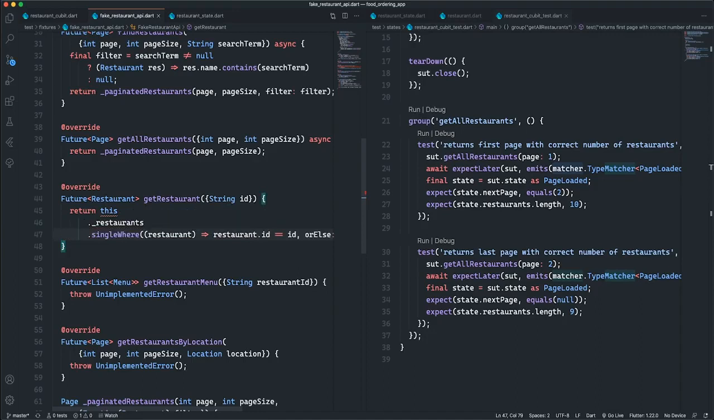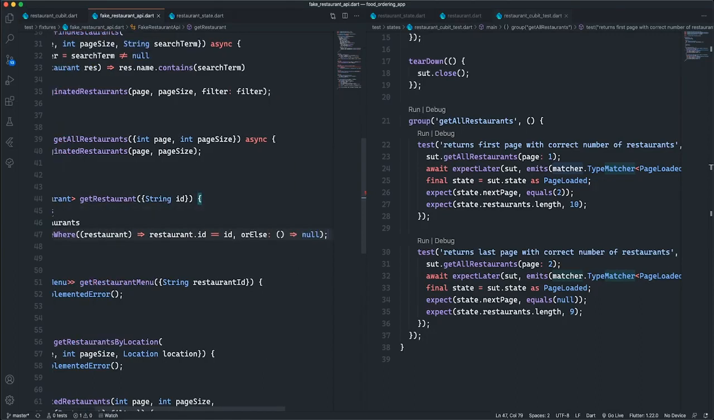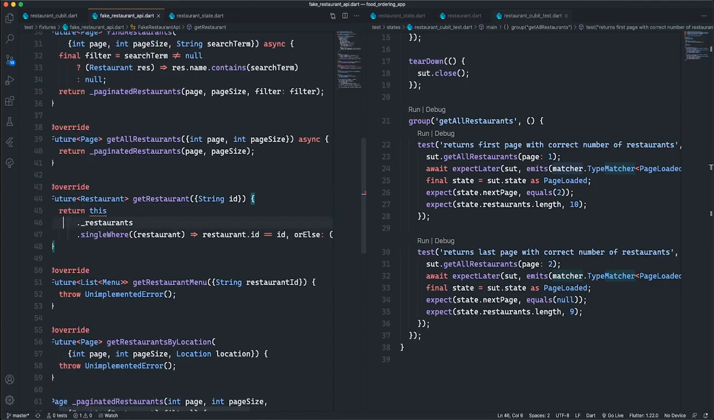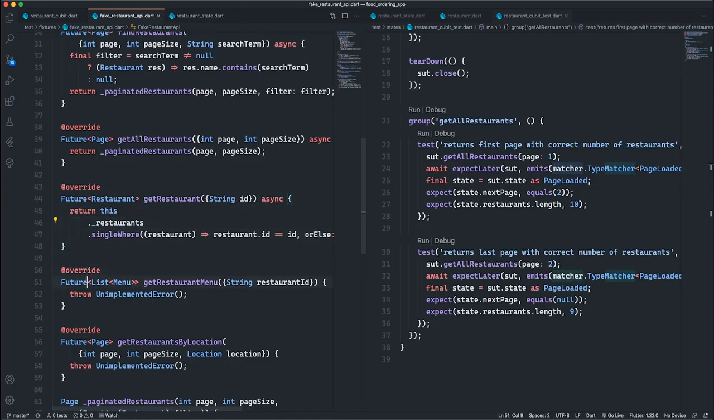So this is a simple where clause that checks if the restaurant exists, and if it doesn't, return null. Again, I'll have to make this an async method since it's returning a future. Get restaurant menu, I'm gonna leave this one for now. And get restaurant by location is pretty similar to